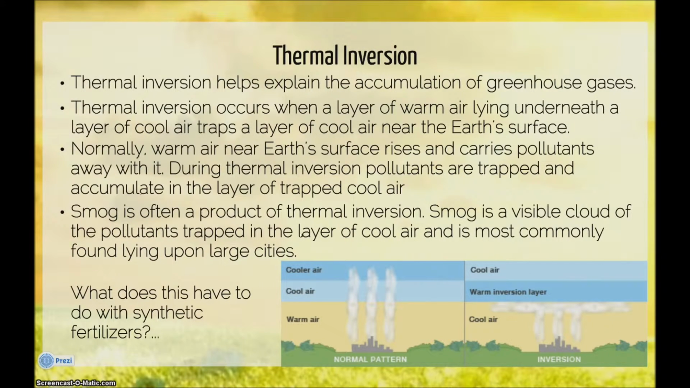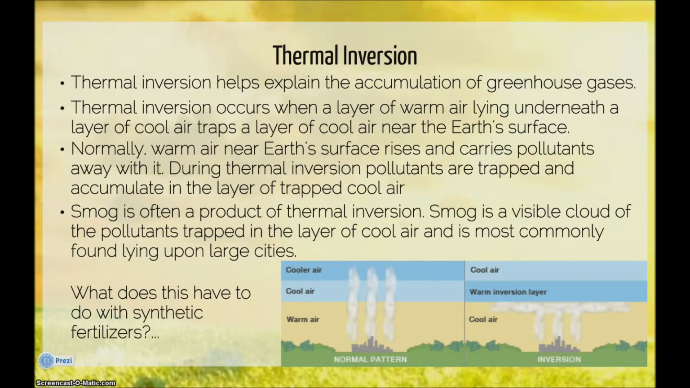Thermal inversion, what's this? Thermal inversion helps explain the accumulation of greenhouse gases. Thermal inversion occurs when a layer of warm air lying underneath a layer of cool air traps a layer of cool air near the Earth's surface. Refer to the diagram. Normally, warm air near the Earth's surface rises and carries pollutants away with it. During thermal inversion, pollutants are trapped and accumulate in the layer of trapped cool air. Smog is often the product of thermal inversion. Smog is a visible cloud of the pollutants trapped in the layer of cold air and is commonly found lying